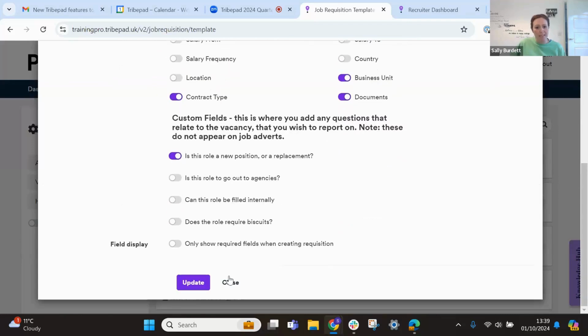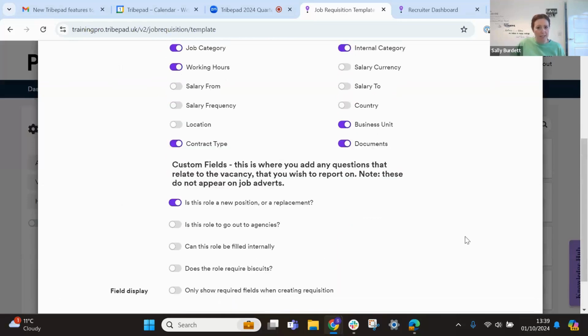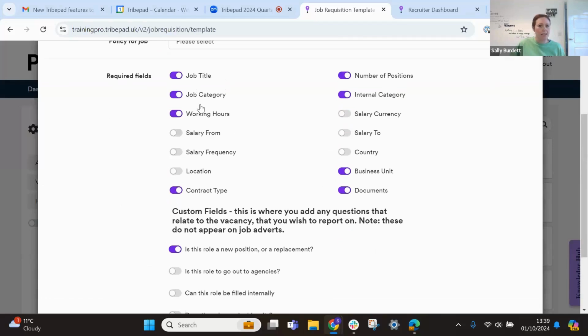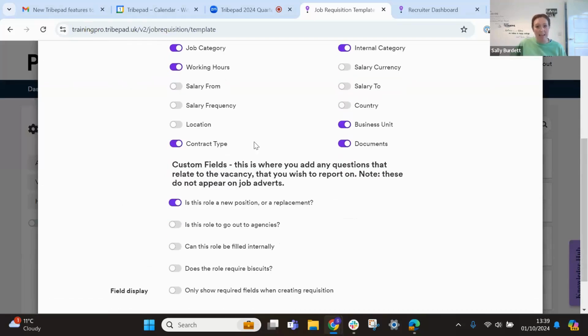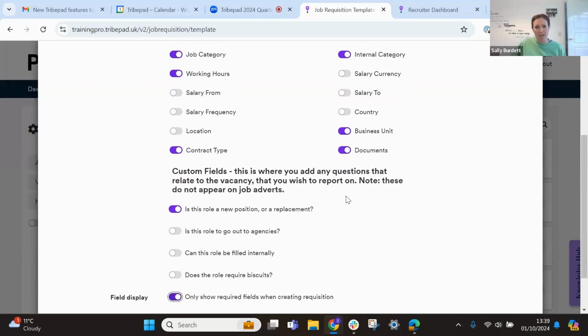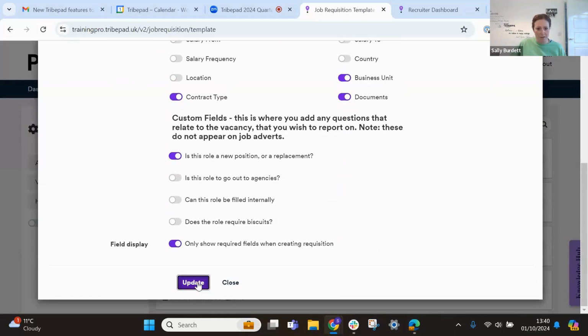What we've given you is the ability for just your required fields to be shown when making a requisition. Previously, you could choose the different mandatory fields for your hiring managers or whoever to fill in, but these optional ones would still be shown. What you can do now, if you want to, is toggle this bottom one on, and it's only going to show those required fields when making that requisition. So only these few that we selected. So if I just update that one,